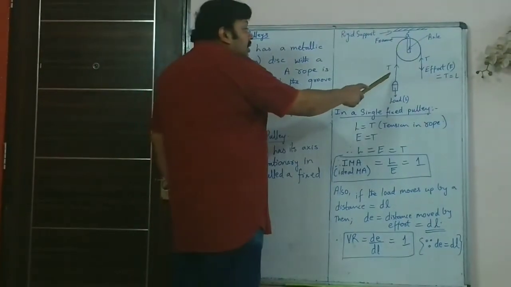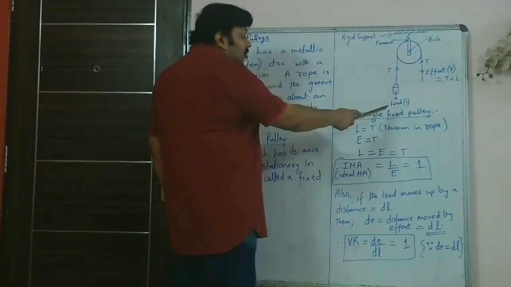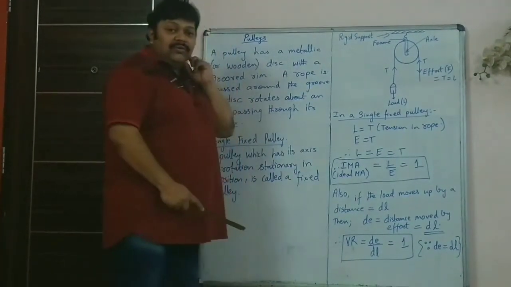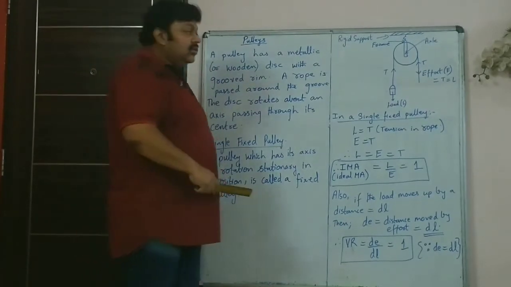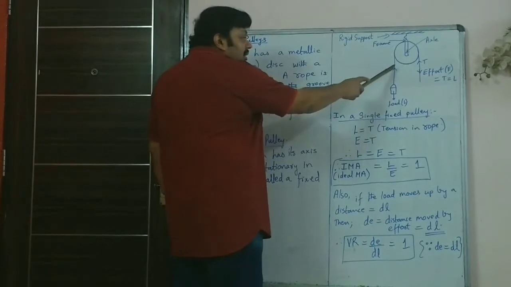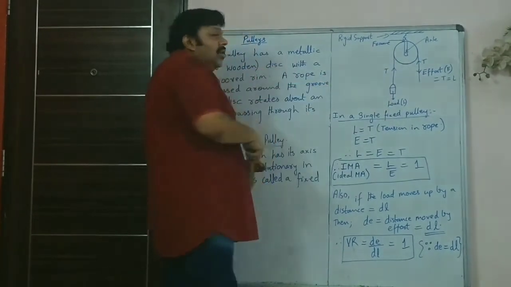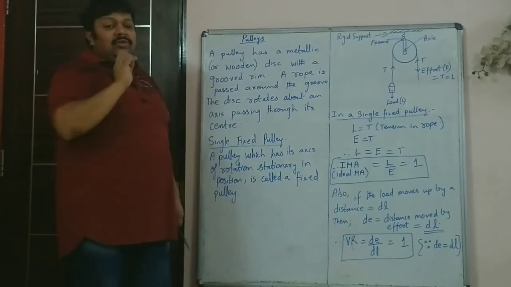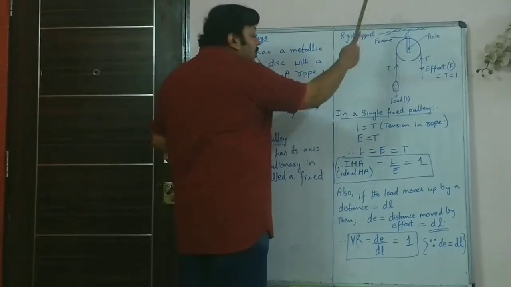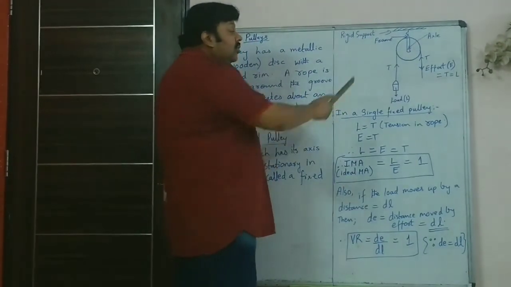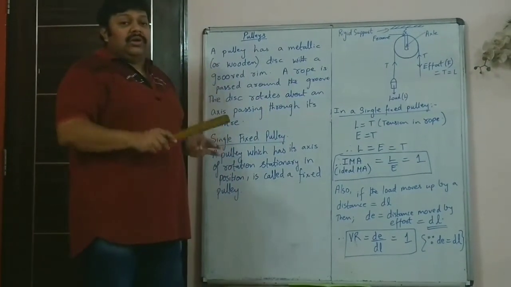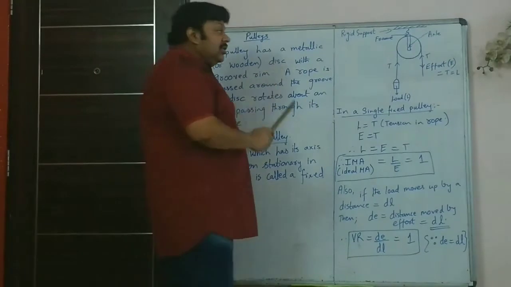So here, this load has to be shown. It could be a bucket, it could be a block, it could be anything. Pulleys are also used in furnaces to lift heavy loads. So it could be any load which is shown here. This is the rope. The tension always acts in the upward direction towards the supporter. Many of you draw tension like you want. Here you will draw down, there you will draw up. Tension has to be always in the upward direction in the pulley chapter. If you show tension down, you will lose marks for your diagram. Please listen to that carefully.